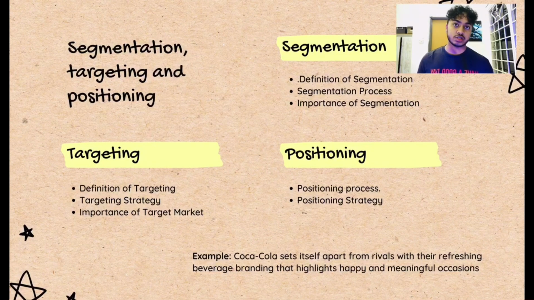And finally, positioning. Positioning is the process of giving a product a distinct mental image or perception that sets it apart from its rivals. It's accomplished by marketing, branding, and messaging initiatives, and entails outlining how a product is superior, better, or more enticing than its competitors.